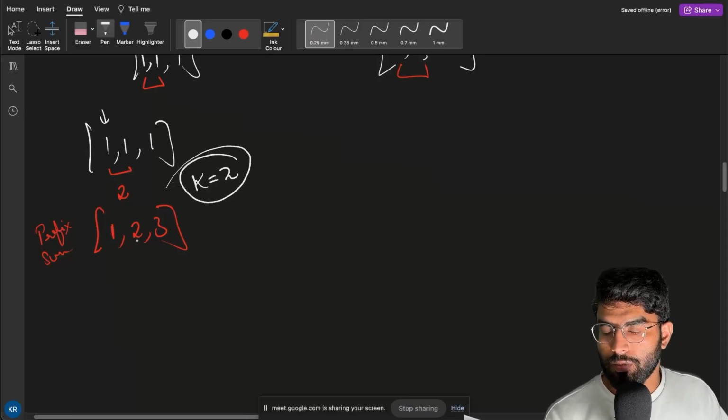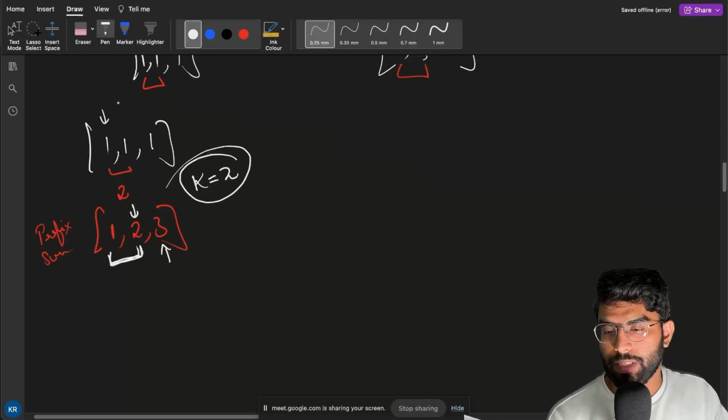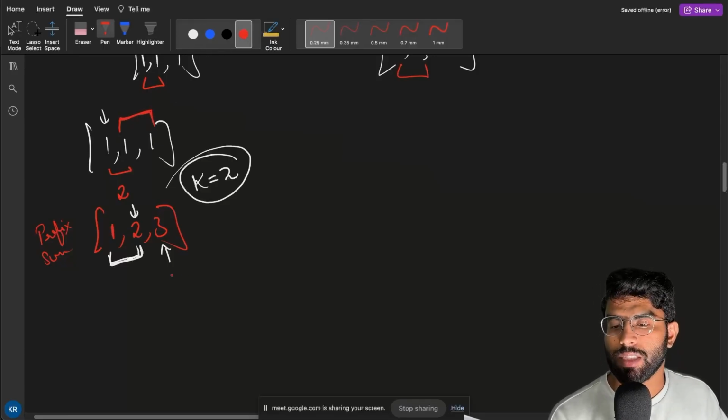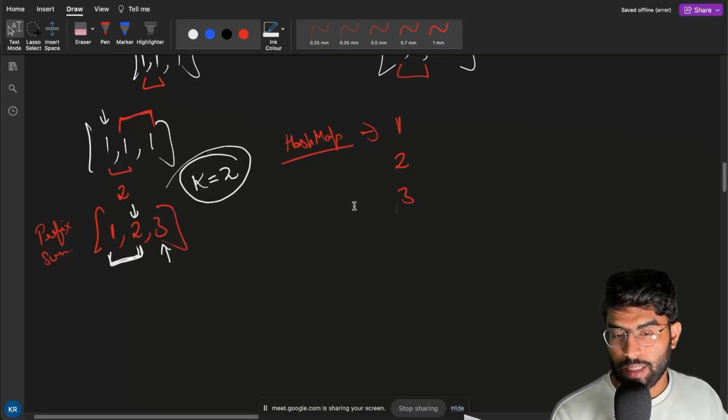See, first we got this 2, right? So first is this one only, right? This one till this point, the sum is 2. Now for this point, this subarray, how can we check from this prefix sum array? We can use the hash map. See, we will use a hash map. We will be storing the values of prefix sum. We stored 1, after that 2, after that 3, and we will be storing the index, but here we